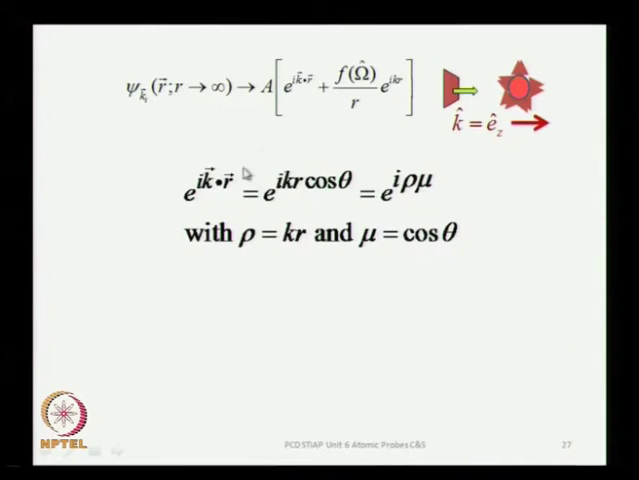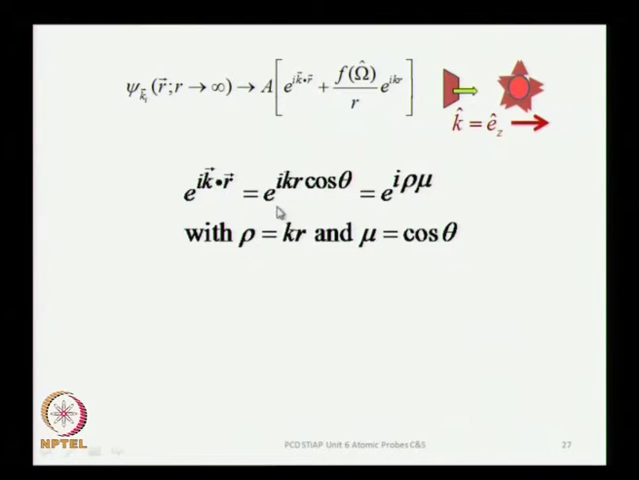It is not for every spherical potential that you can do this. In fact, you can't do it for 1 over r, which is the Coulomb potential, but this is a matter of detail which I will be discussing in the next class. So, now let us look at this expansion of e to the i k dot r, which is the plane